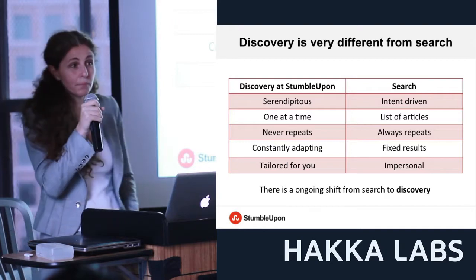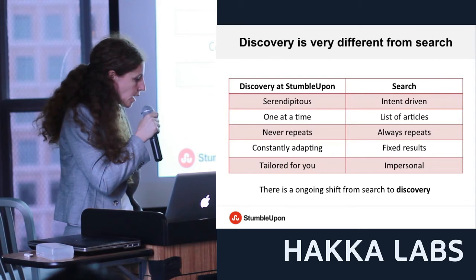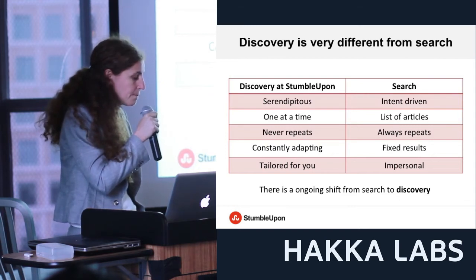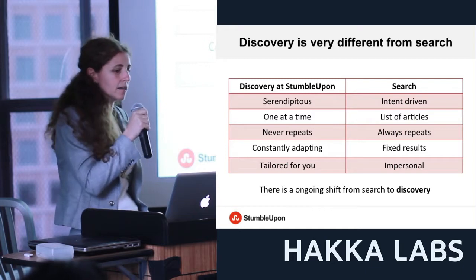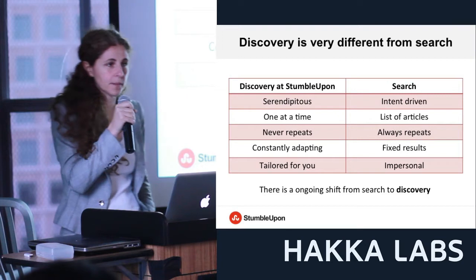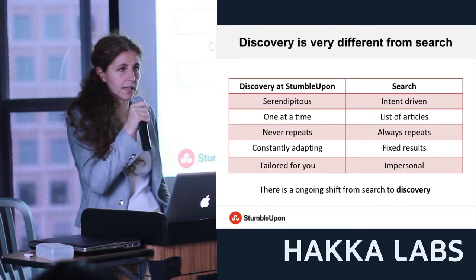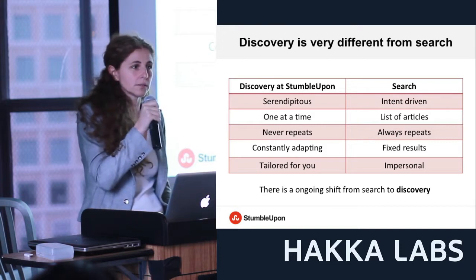What serendipity search is about is basically the user comes to StumbleUpon without a clear information need. It's not that you come and you say, I want to find the address of Trulia in San Francisco.